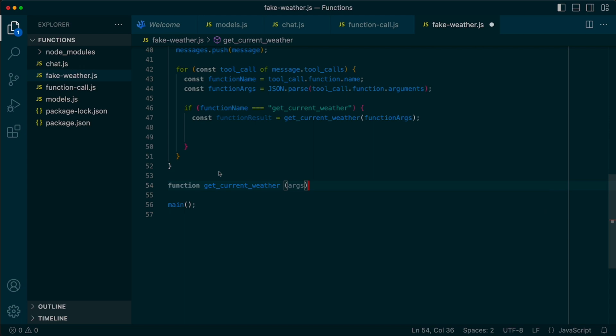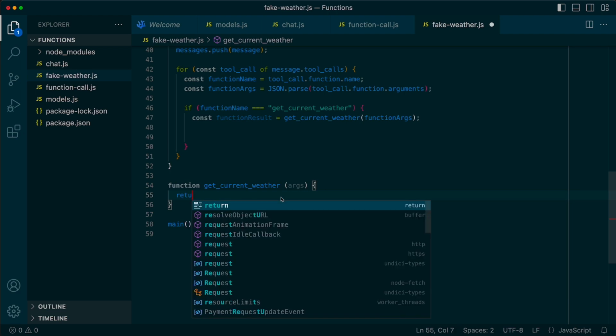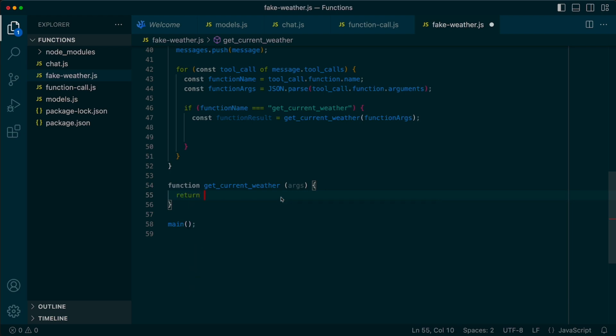And I'll just have it accept one parameter, which is this generic args variable. If you're new to Visual Studio Code, I was able to autocomplete this by just pressing tab after typing just a few letters. Here, we're just going to return a fake stub response. So I'm going to return an object like weatherResponse with a weather response key, and I'll give that a string like it's 38 degrees Fahrenheit